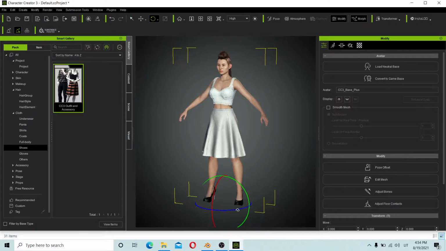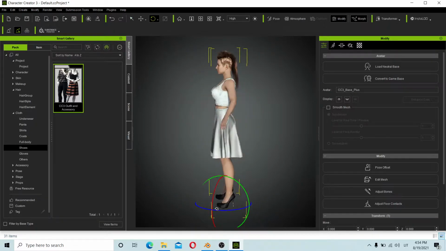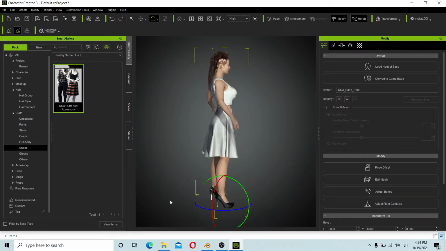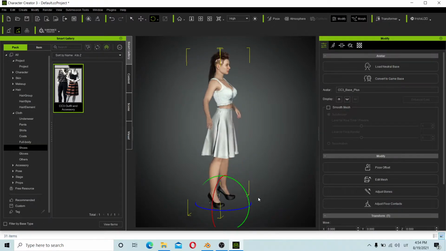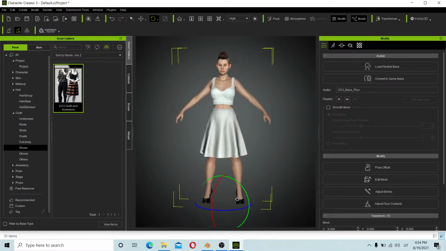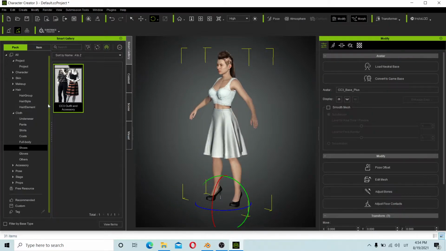Let's try to rotate and see it from the other side. It looks very interesting. Yes. All right, and right now we can, I think, export this model, or if you want to export this model and rig it later,